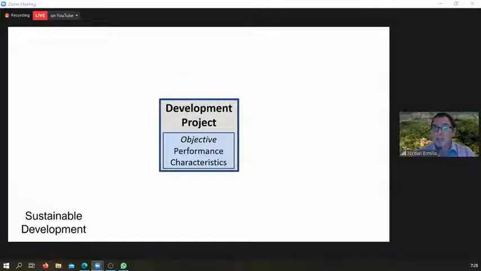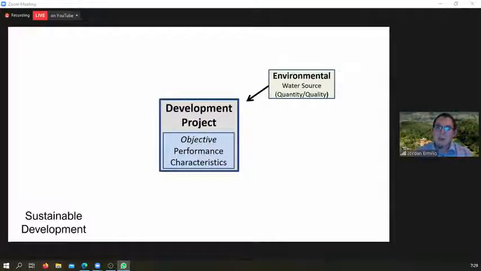And so this is sort of the project, right? So what you have is the difference between sustainability and sustainable development. Really, in this particular example, the development project is that last step, converting and increasing that value added component to raw rice. Now, sustainability is very often just looking at the environmental constraints of the project. So does this project have zero impact on the environment? Or what are the long-term environmental impacts? And that's really what sustainability looks at. It's looking at development through the lens of the environment and the environmental impact.